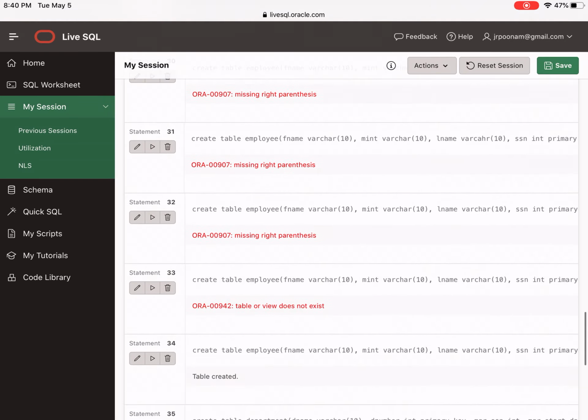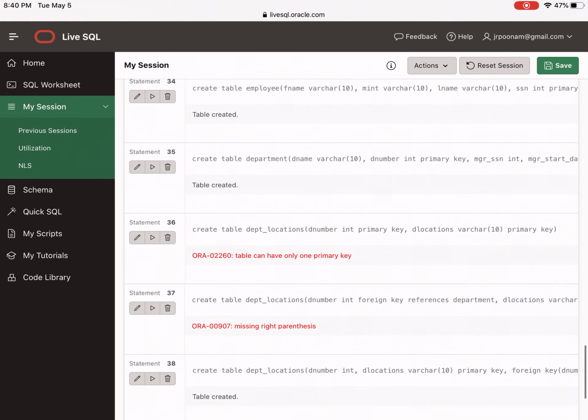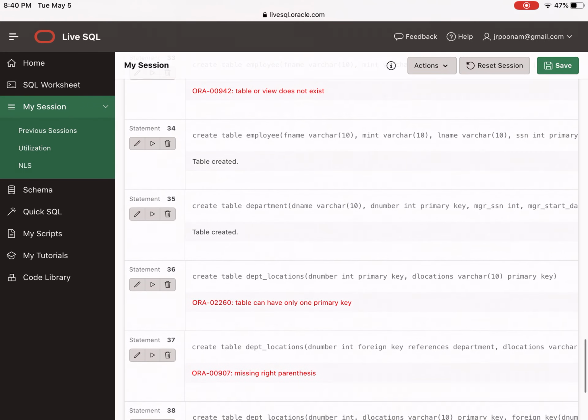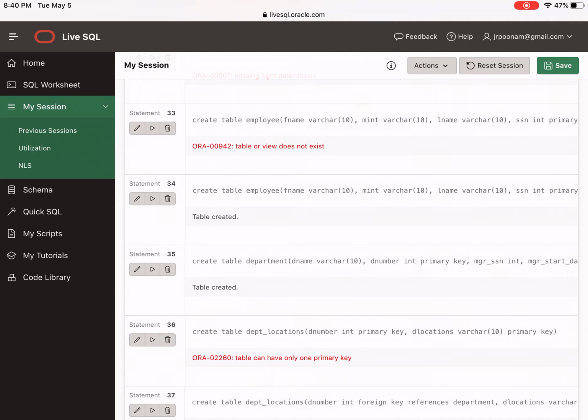Now I'll show you a couple of other tables that I've created. This is another table, the department table. If there is any reference to the department table from employee, I think there was one column, D number, which was a foreign key to the department table, but that cannot be referred to yet, because the department table has not been created till then, so it will give you an error. So I have skipped it. You have to update and modify that table later, and then add the foreign key.